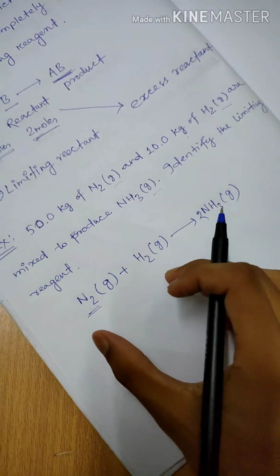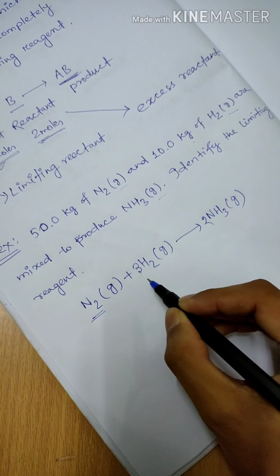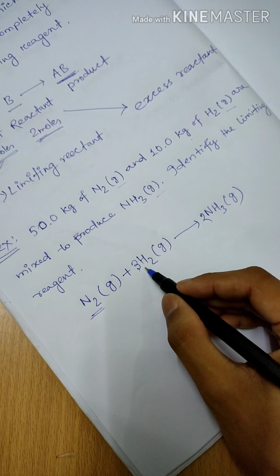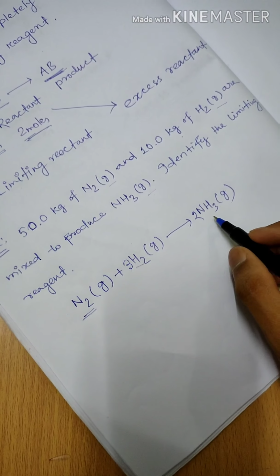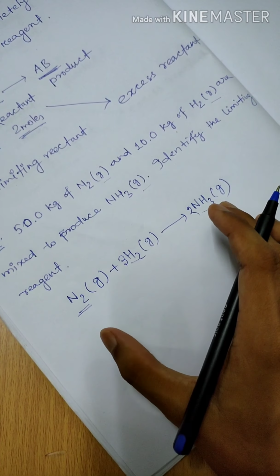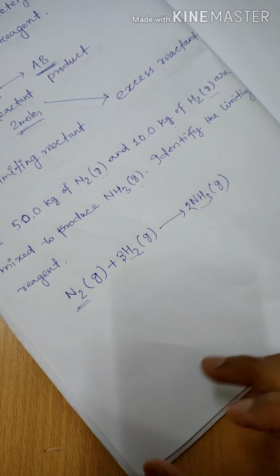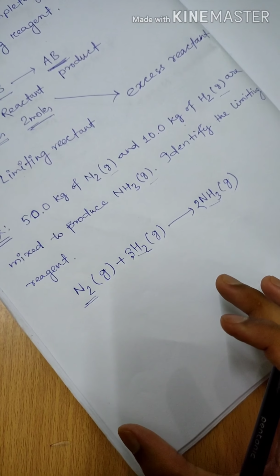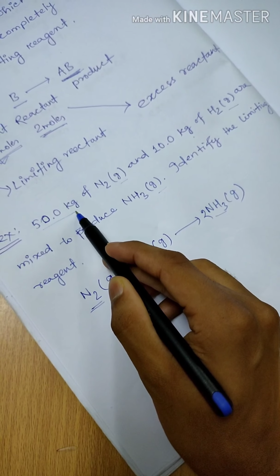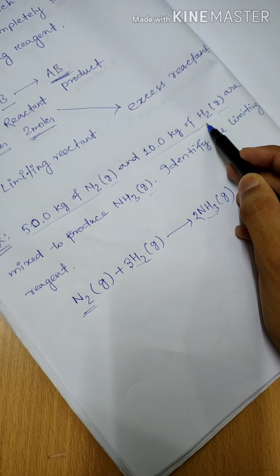So on the left side only 2 hydrogen is there, so we have to put a 3 here. Now see, the number of hydrogen here is 6 and here also 6. So okay, now this is the balanced chemical equation for this. Now we have to convert this amount, 50.0 kg of N2 and 10.0 kg of H2